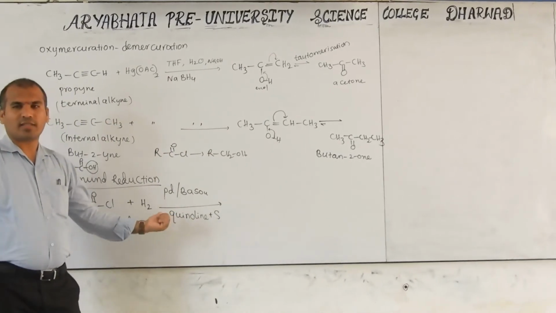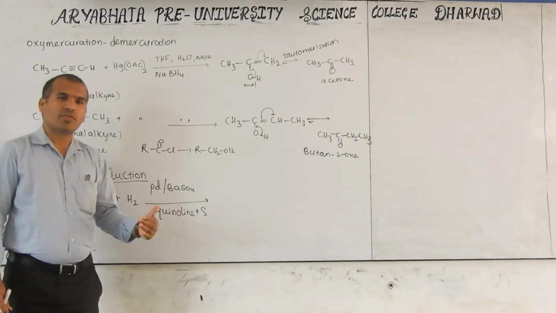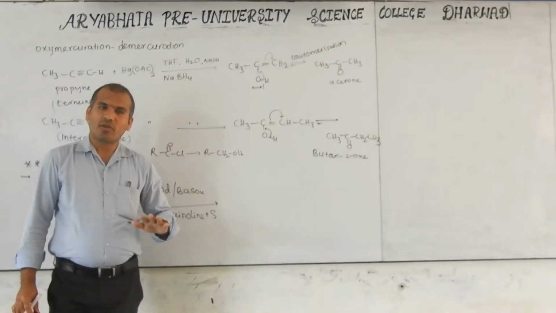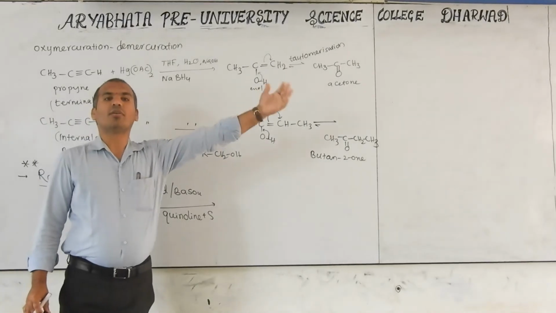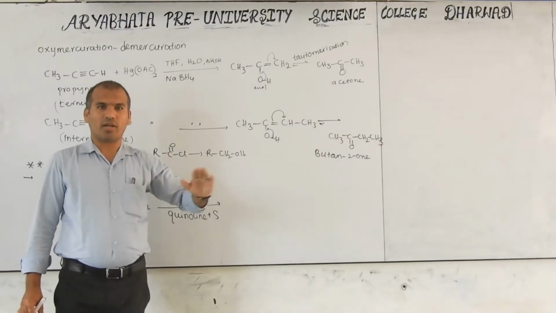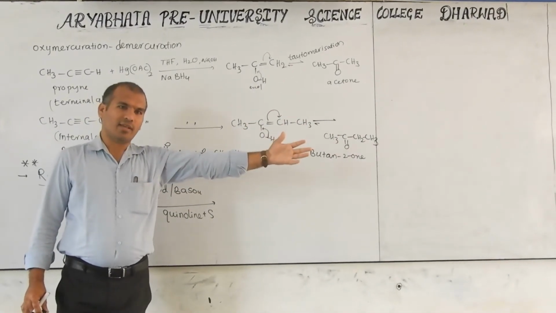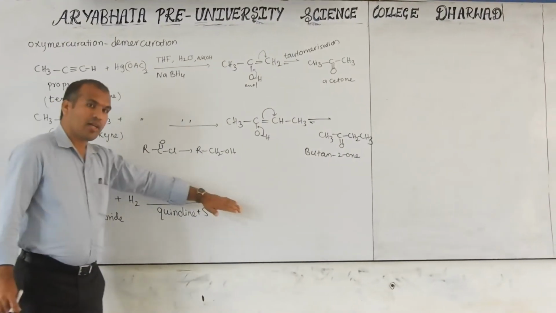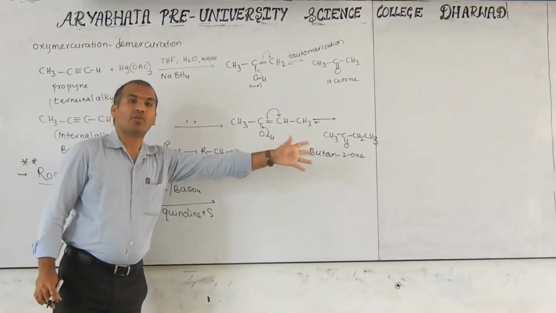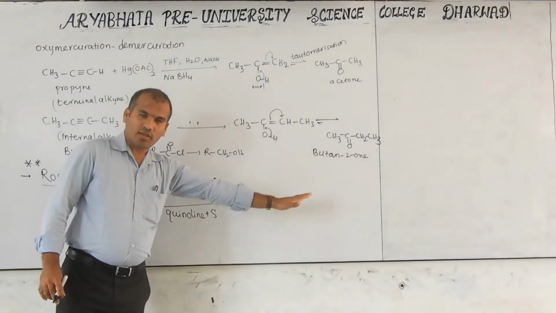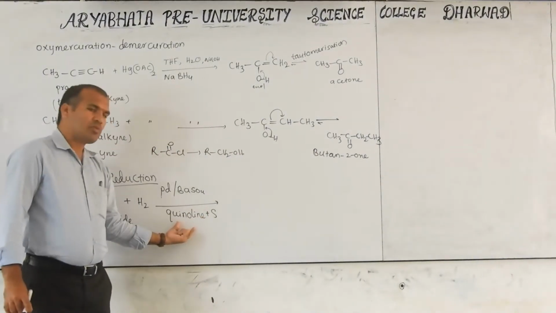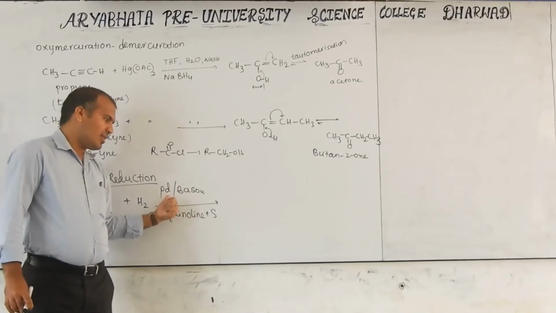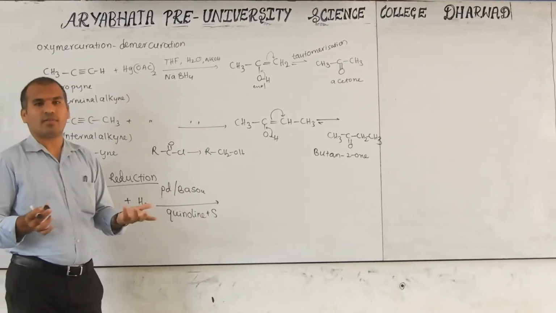Similarly, in the last class we discussed that K2Cr2O7 and KMnO4 are good oxidizing agents. They will not stop at the aldehyde; they will turn it up to carboxylic acid. But here, the acid chloride turns to aldehyde, and aldehyde could turn to alcohol. But we don't want alcohol. To stop at the aldehyde, we use xylene as a poison to this catalyst. If you add sulfur, it is a better poison.